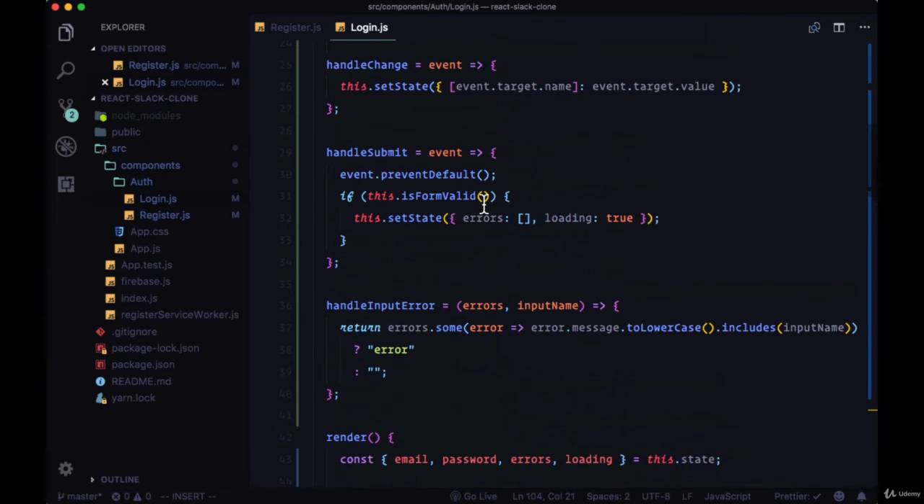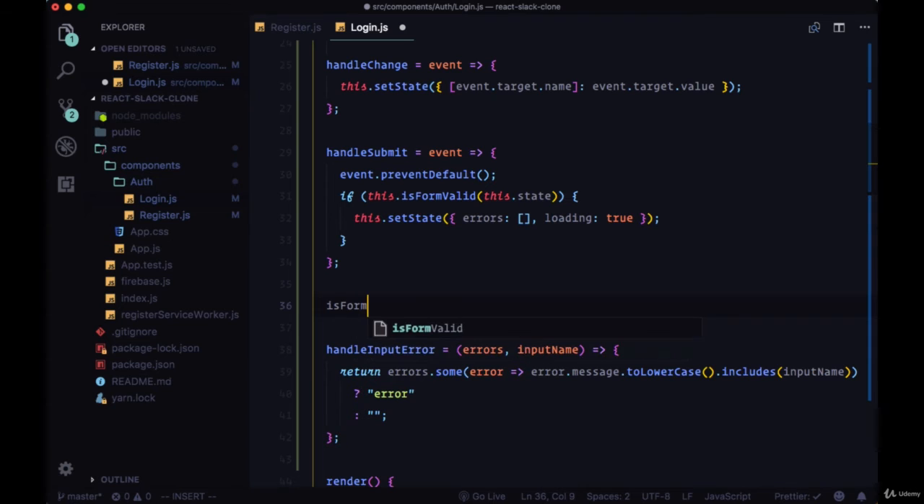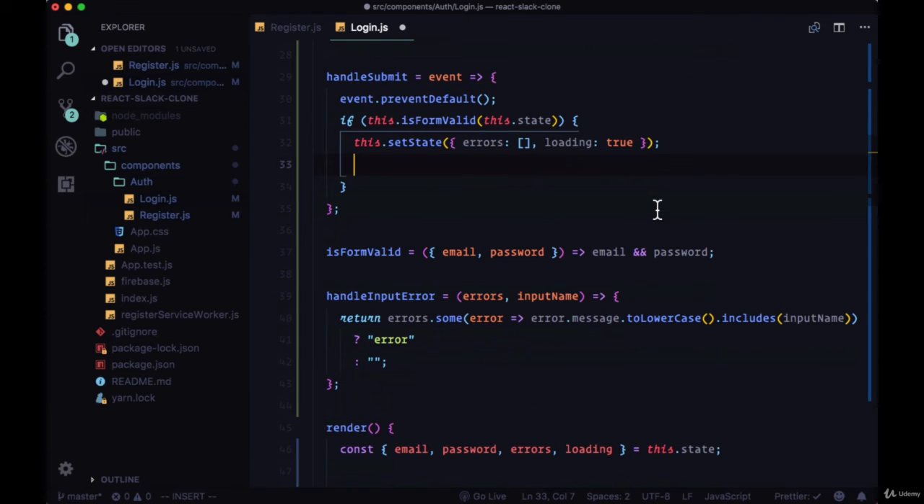The first thing we'll do within login is we'll change the call to isFormValid to pass in this.state and create a new isFormValid function. We're going to destructure the email and password properties, and within the return we're just going to check to make sure that there are values for email and password by using the AND conditional,